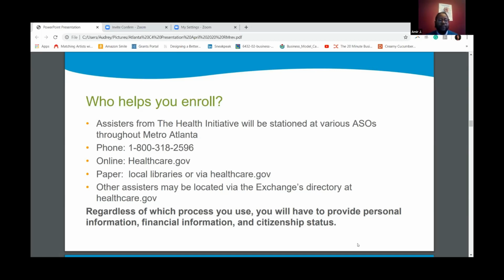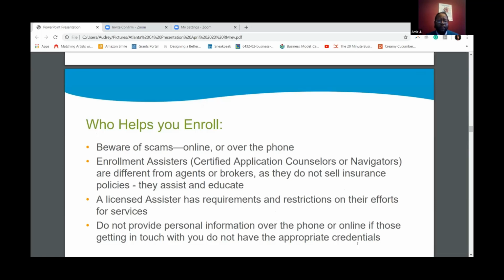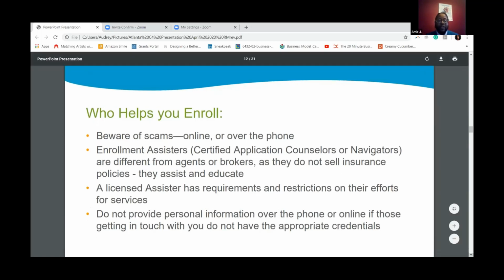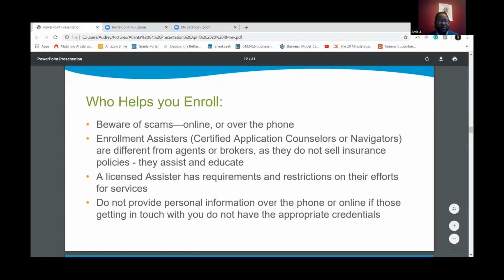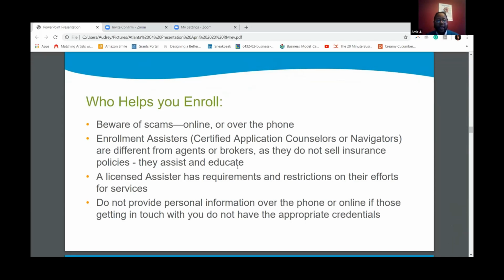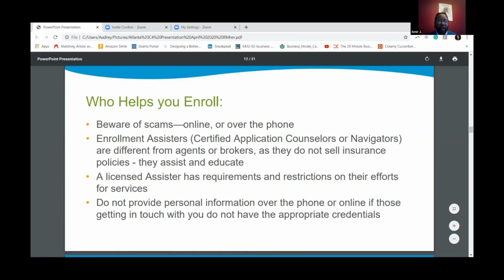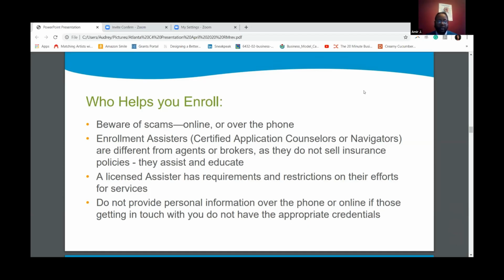Next slide, please. I just alluded to this, and the very first bullet point is beware of scams, be them online or over the phone. Typically, prior to the beginning of open enrollment, people will get emails and or text messages or both about time to re-enroll or to look at their insurance options and opportunities. So once again, please note that healthcare.gov is the only site connected to the federal exchange here in Georgia.